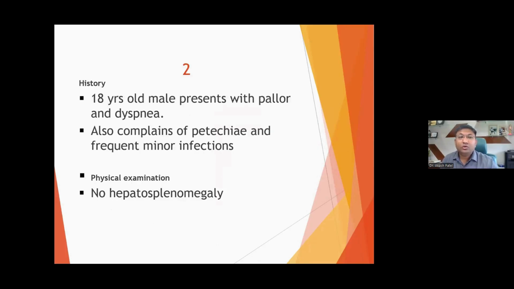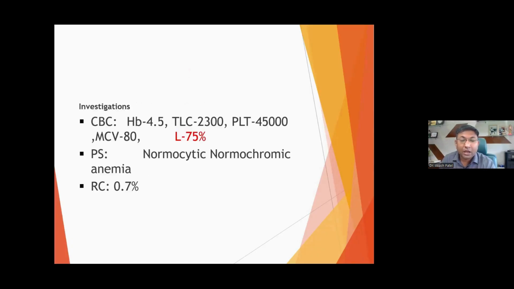So in case 2, this gentleman, an 18-year-old male, presented with pallor and dyspnea. Also in clinical examination, petechiae and some minor infective component were there. But on physical examination, there was no hepatosplenomegaly; the liver and spleen were not palpable. Again, a pancytopenic picture, same CBC as the previous case, but here MCV is 80, whereas in the previous case, the